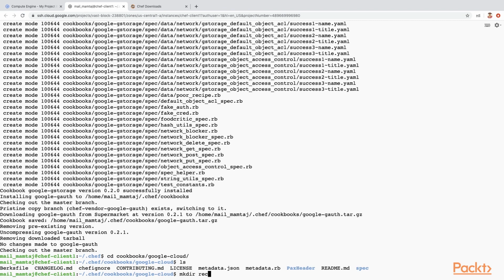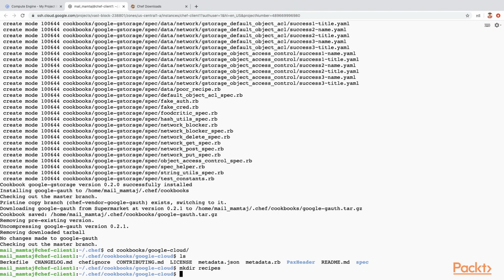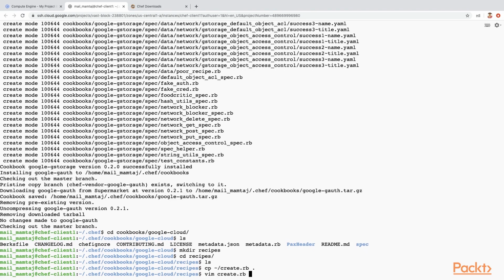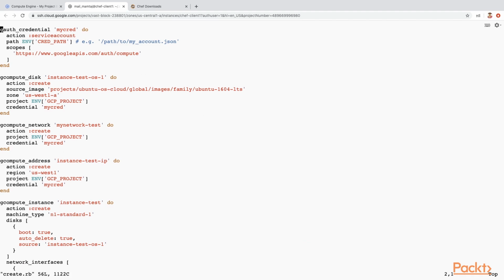I've already created a create.rb recipe, which I'll copy over here and I'll take you through the content of that. In this recipe, we are providing the credentials details, which we would be using to create the resources. I'm setting up an environment variable for that called cred_path. Then we are creating a disk and we are providing the name for the disk.